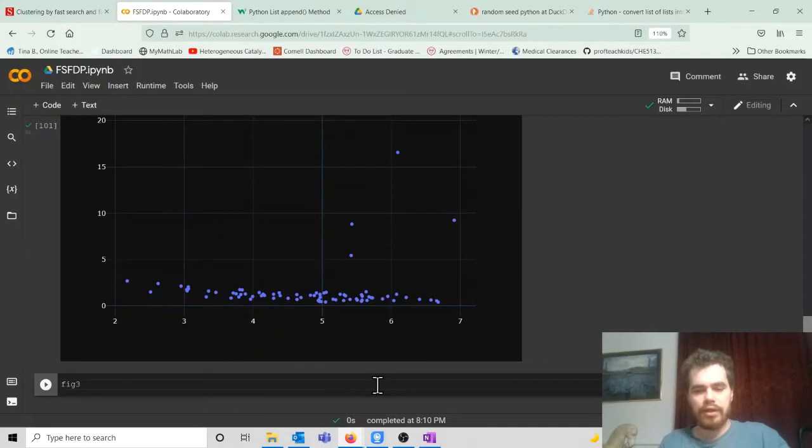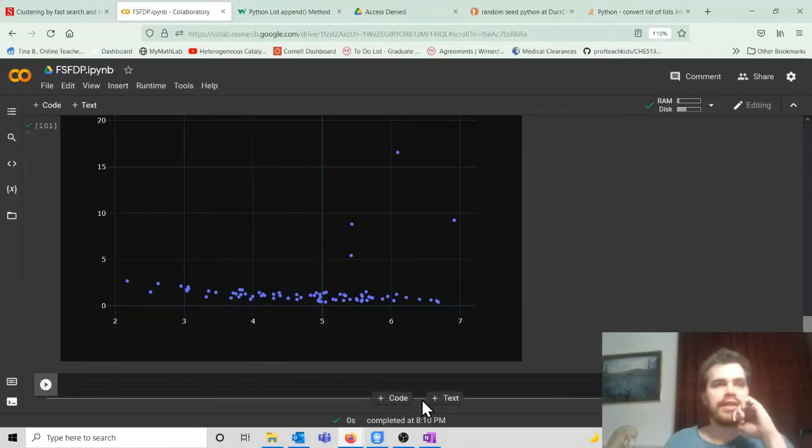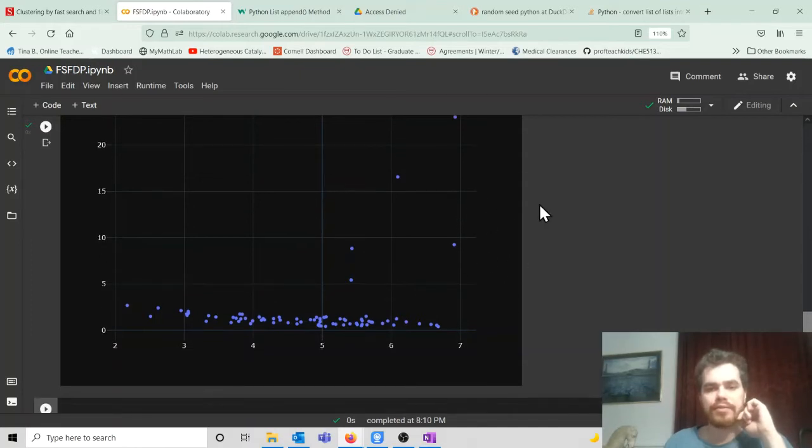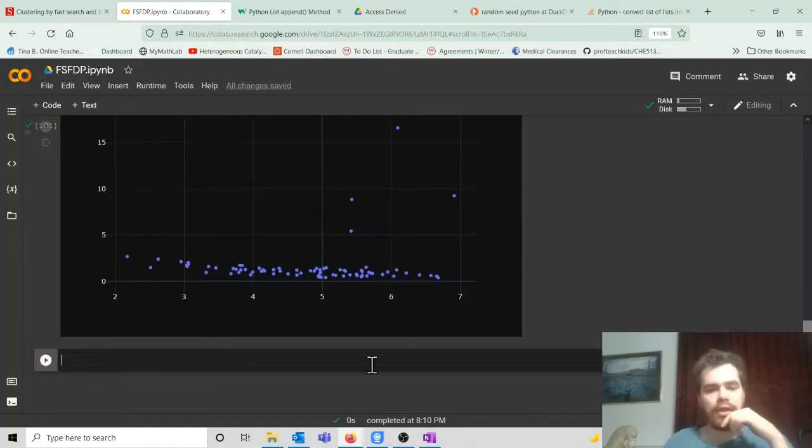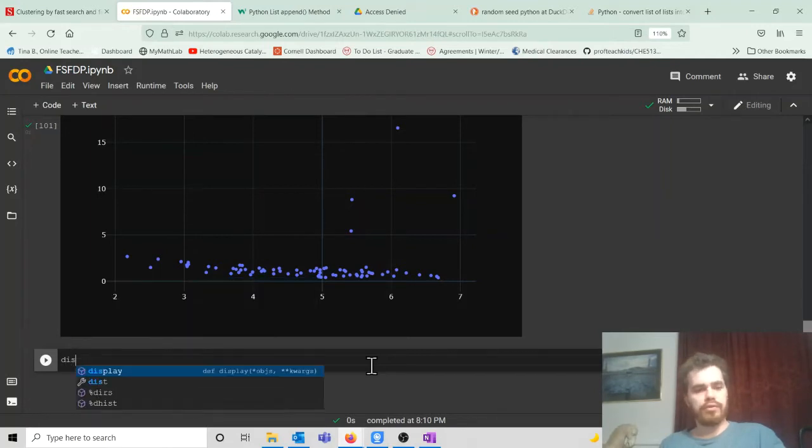Fig 3. You know what? Let's get the sorted index, an index that's sorted by distance. So we want an index that gives us a list with this index, and then this index, and then this index, and so forth. And that will make this next step a little bit clearer. Okay, so let's see. What do we call it? We'll call it dist IDX. Dist IDX is equal to